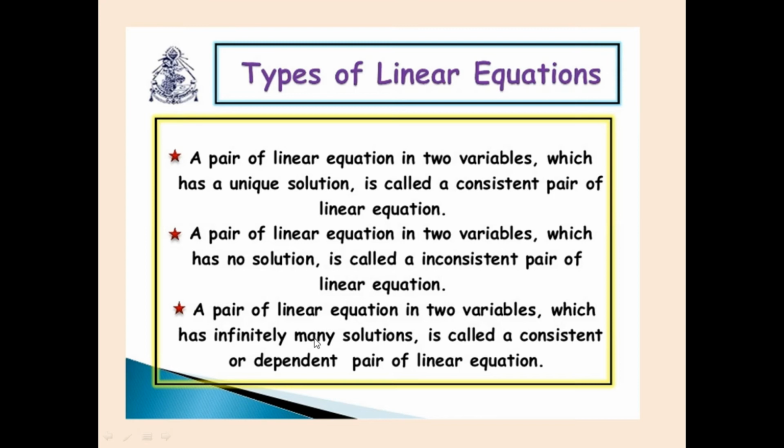When the lines are overlapping each other, that means they are meeting each other at infinite points. Now, what is a solution here? Where the lines meet, they meet at a point. Those points are known as the solution or the solutions of the pair of linear equations. So when they intersect, they meet only once, hence a unique solution. Consistent, but they are independent of each other. They have their own path.